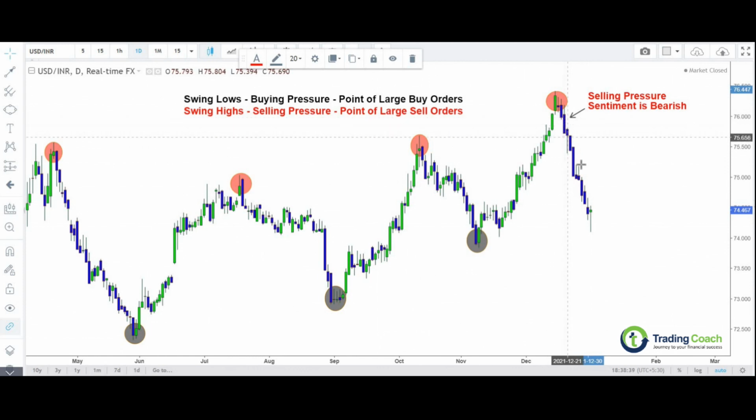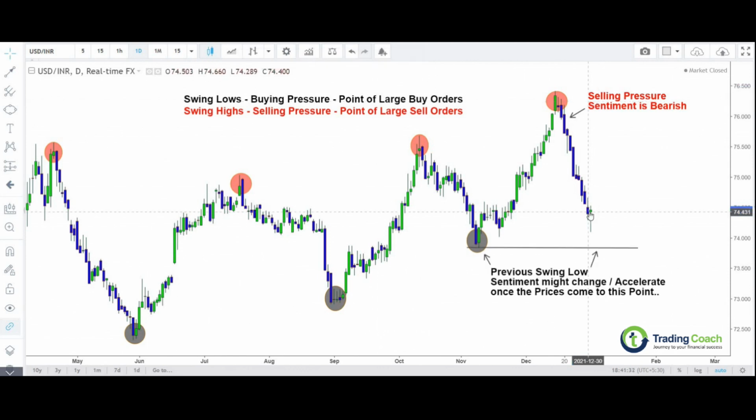So all these candles are very strong in size and they all seem to be coming from a major swing high. So based on this, we can say that the selling pressure is actually controlling the market right now. The bears are in charge and the market sentiment is completely bearish. If you see the price action exactly over here, this is also a point of previous swing low,